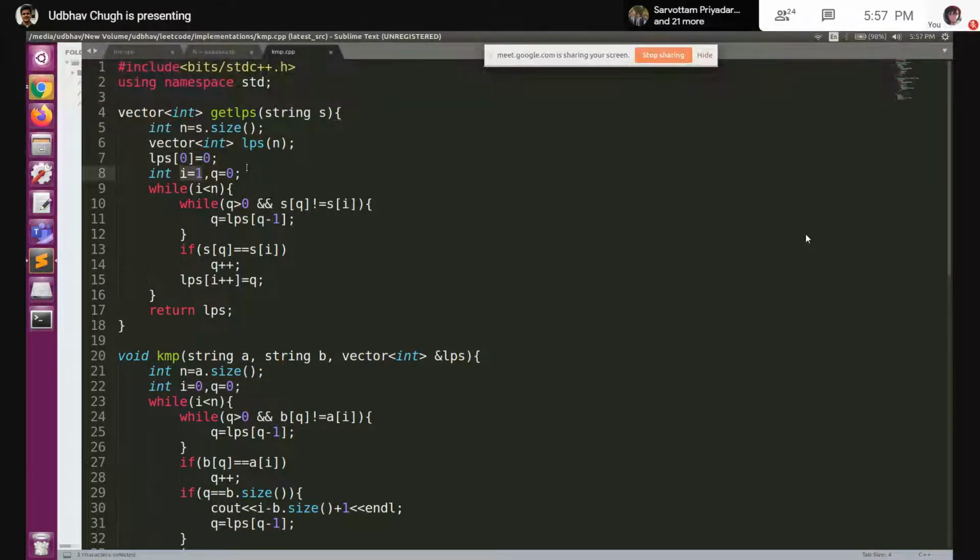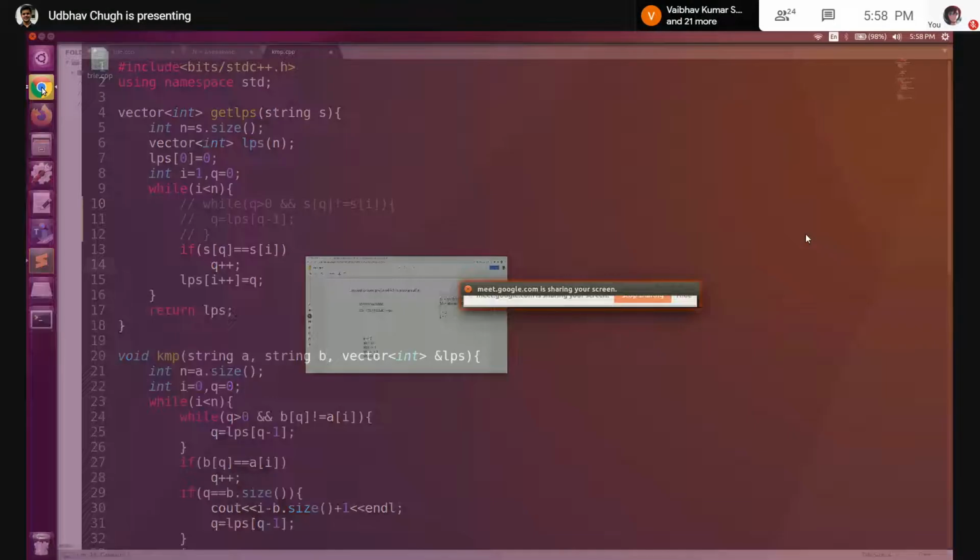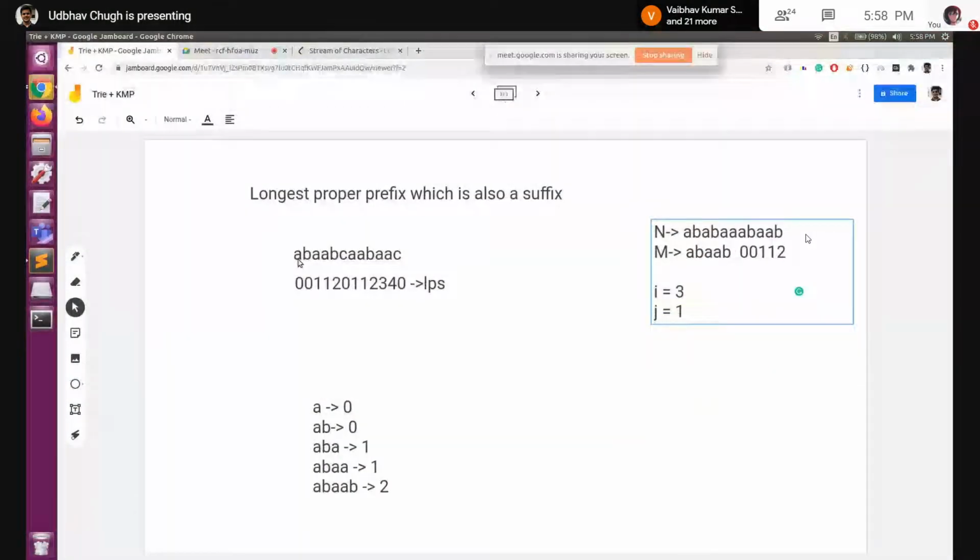Now i is the value which is moving forward from 1, and q is the LPS index. So basically how we'll be calculating LPS is, if S of q is equal to S of i, we are moving from A to B, then AA, right?